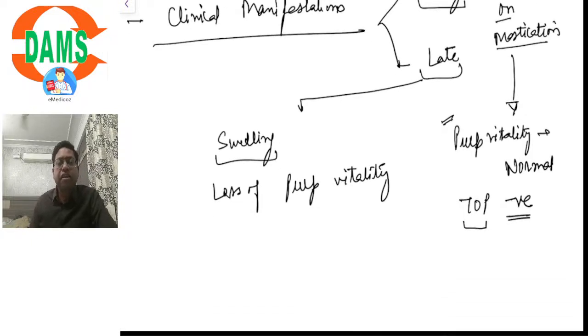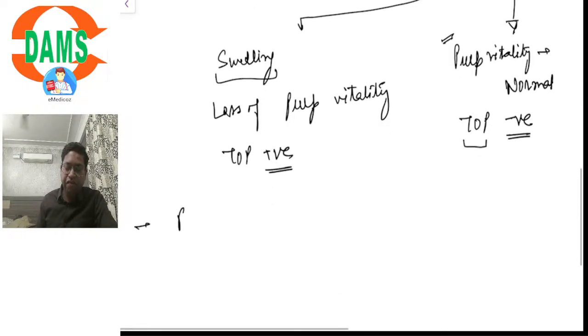Common diagnostic tests like the electric pulp test, the heat and cold test can give negative results, showing loss of pulp vitality. And then there can be tenderness on percussion. TOP becomes positive. These are the late manifestations depending upon the location and the extent of the crack in the tooth. If we talk about radiographic features,